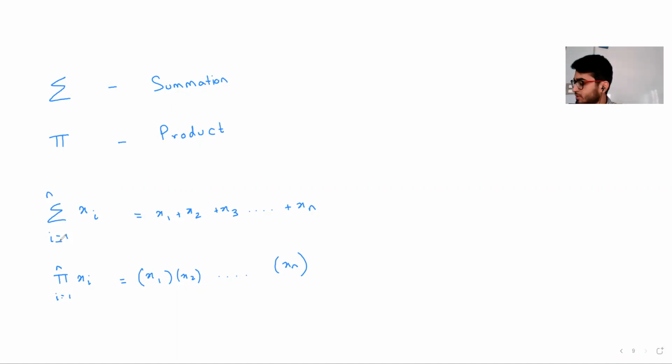Now again, there are a few special series which we have. First is e to the power x. So e to the power x is nothing but 1 plus x plus x square by 2 factorial plus x cube by 3 factorial, and it's an infinite series. Note that whenever you know the last term, you have to write the last term, and if it's an infinite series, you can just put dot dot dot so on. At least put 3 dots, no need to put 7, 8 dots. Even if you put 3 dots, it implies that yes, this is an infinite series.